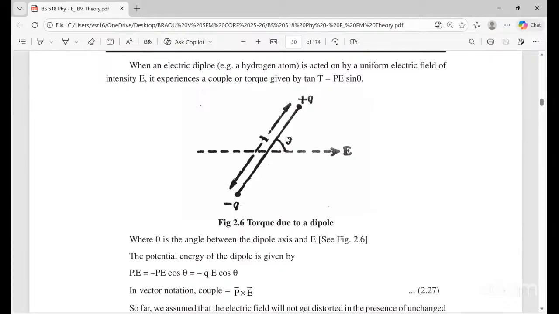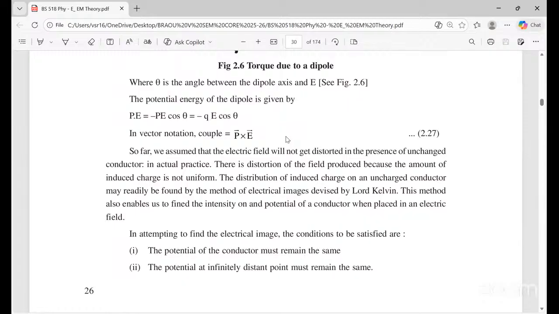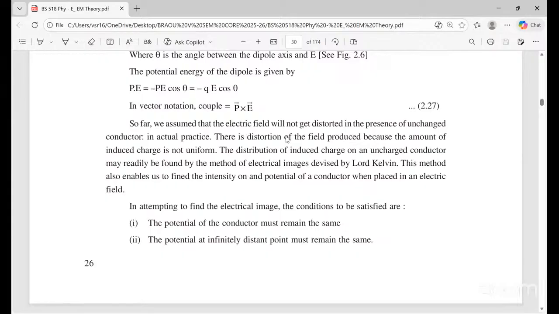So if you place this electric dipole in an electric field and want to calculate the torque value, you need the dipole moment. What do you mean by dipole moment? The product of the magnitude of the charges and the distance between them gives you the dipole moment. Okay, so you know pretty well E. The cross product gives sin theta. That's what you can easily write in vector notation, which is nothing but P cross E. If the angle is theta, then P sin theta means